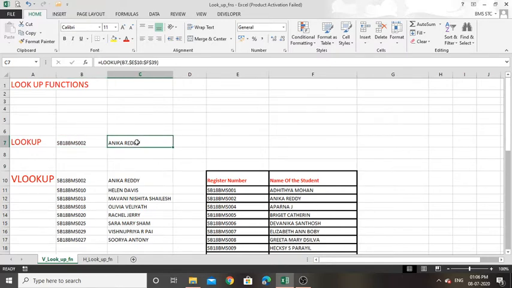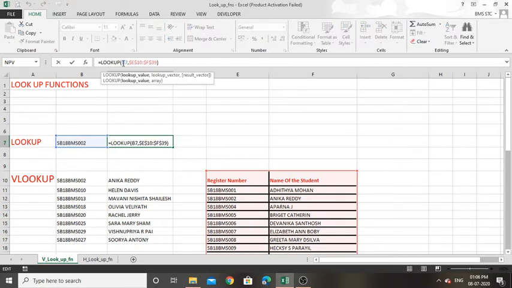For the LOOKUP function, we have arguments like lookup value, lookup vector and result vector. Since the result vector is kept in square brackets, it is an optional argument. Result vector means the name of the student. I want to know the name of the student as the result, right?